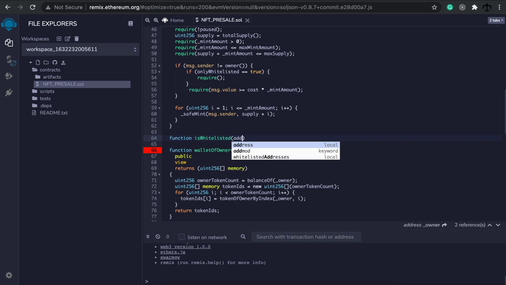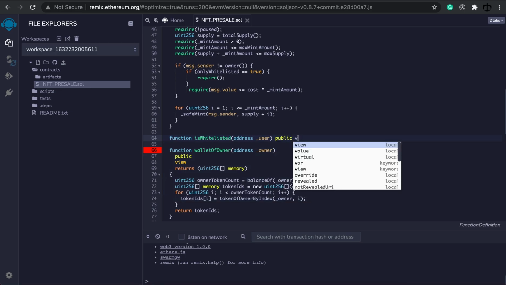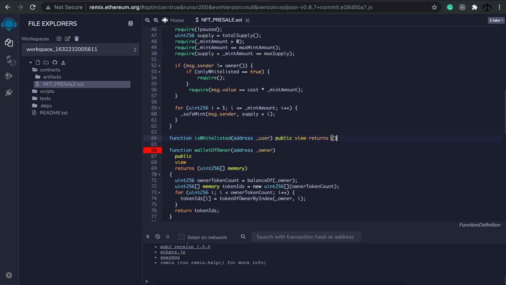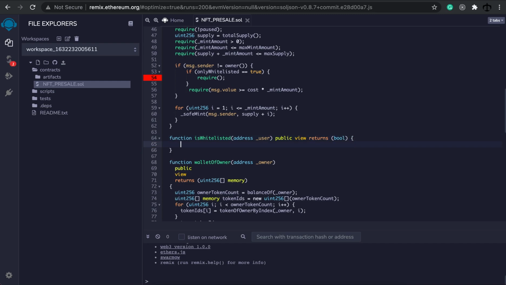IsWhitelisted will take in an address, which we are going to define as a user. It's going to be public, and we're going to make this function a view, and it's going to return a Boolean. Why does it need to return a Boolean? Well,